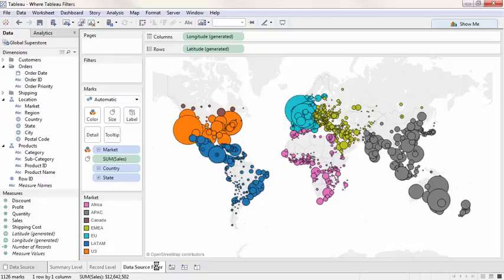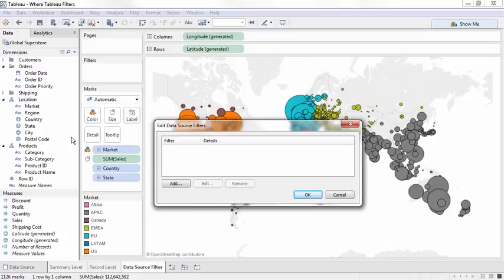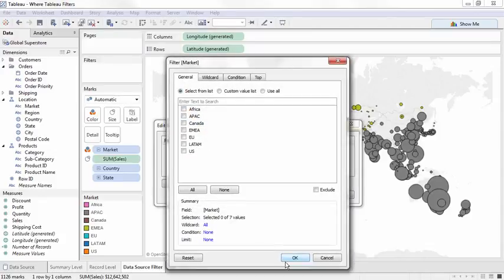To create a data source filter, right-click on the data source itself and click Edit Data Source Filters. This can also be done when we're originally creating a connection. Click Add, and a list of fields is brought up. We'll click Market and OK. Now we can select the market that we want, European Union,